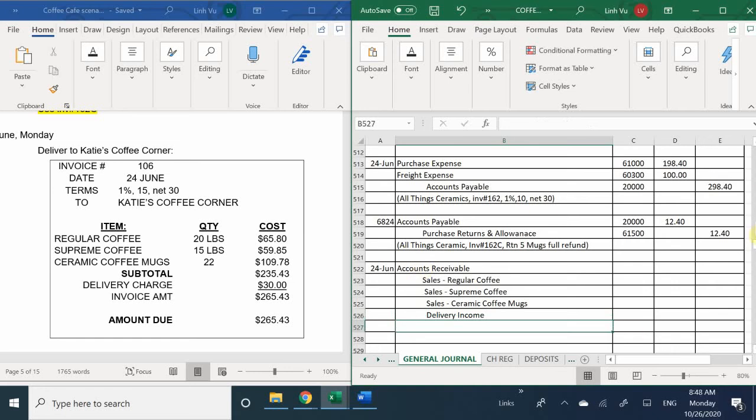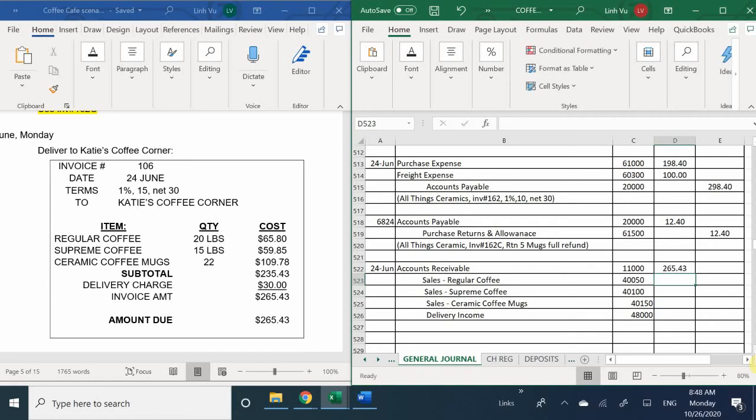So for the chart of accounts, receivables is 450, accounts receivable. No, that's not the account for accounts receivable. That is sales. I'm sorry, 11,000. 11,000, I should say. And then the regular coffee is 4,010, and so on. With the corresponding debit on the accounts is